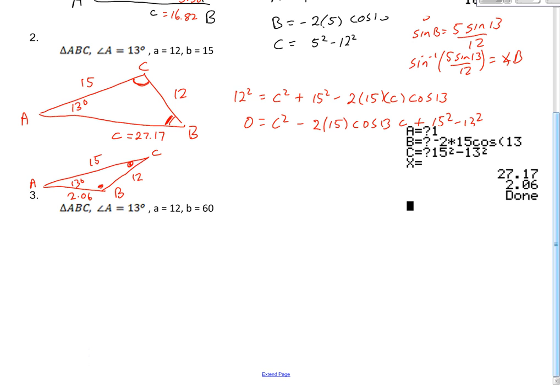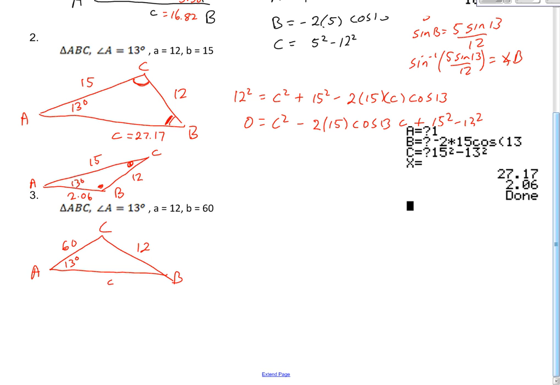Here is one more triangle. Let's see what happens with this. I'm going to do it kind of quick. This is 13 degrees. This is 12. And this is 60. And this is a really lousy picture. But if you set this all up, and this is A, and this is B, and this is C,